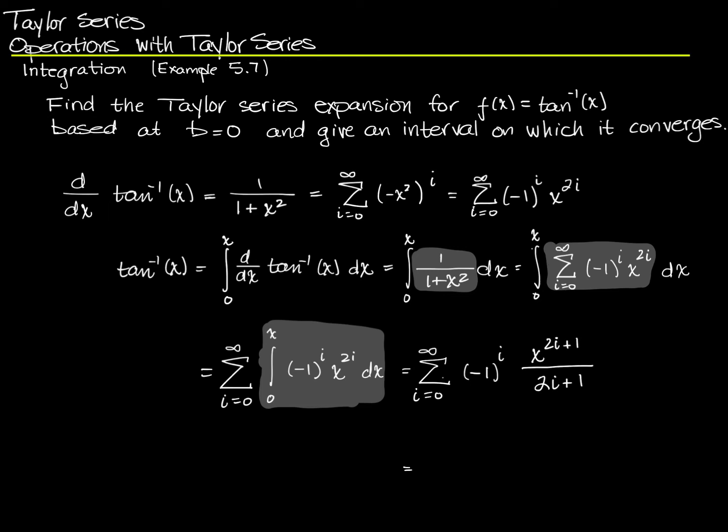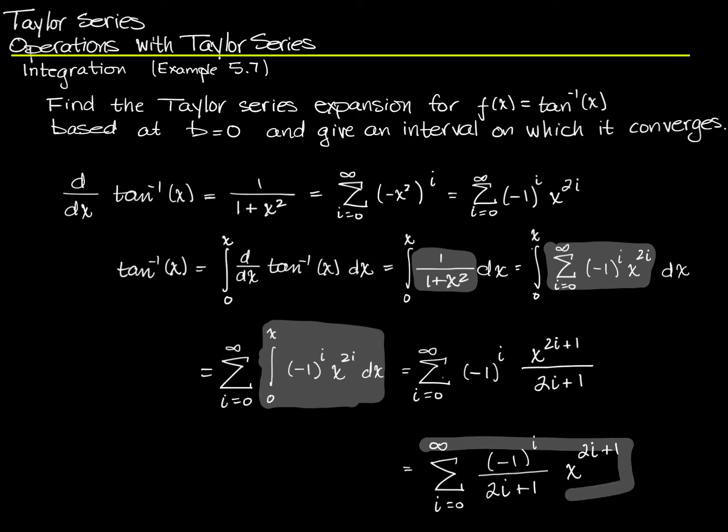And of course, there are different ways to write this expression. We could write it as we have it here, or as I've done before, I could write it so that the factor with the x in it is a little bit more isolated. So I can write it like this, times x to the power of 2i plus 1. And this is the Taylor series